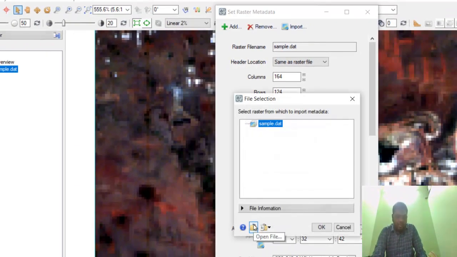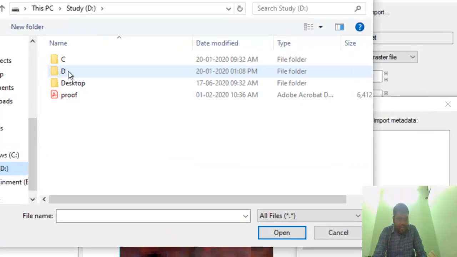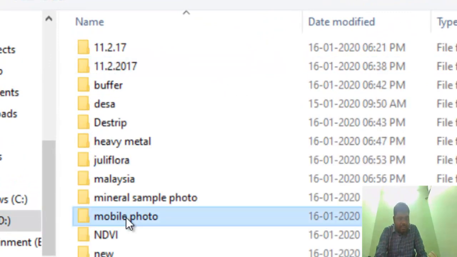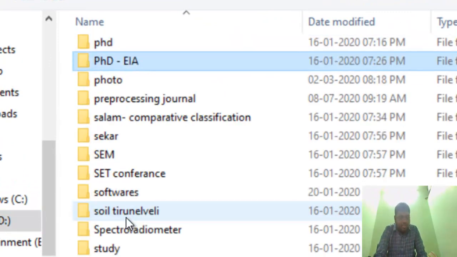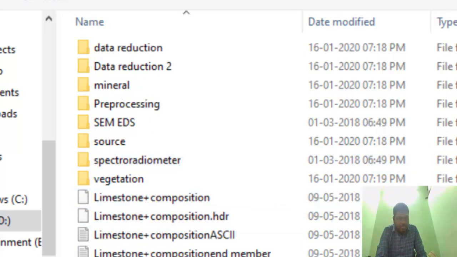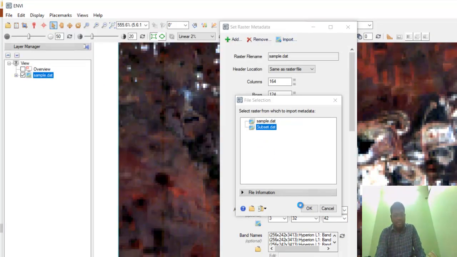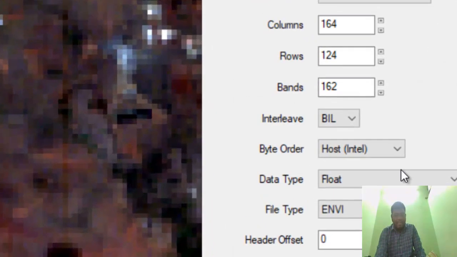In this import option, you may first open the raw imagery. This is my basic raw imagery.